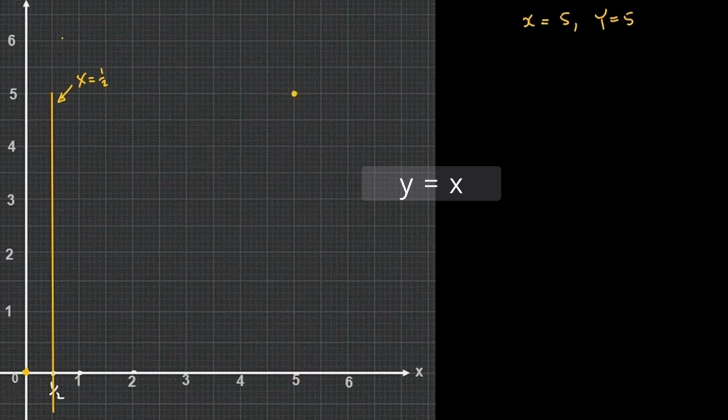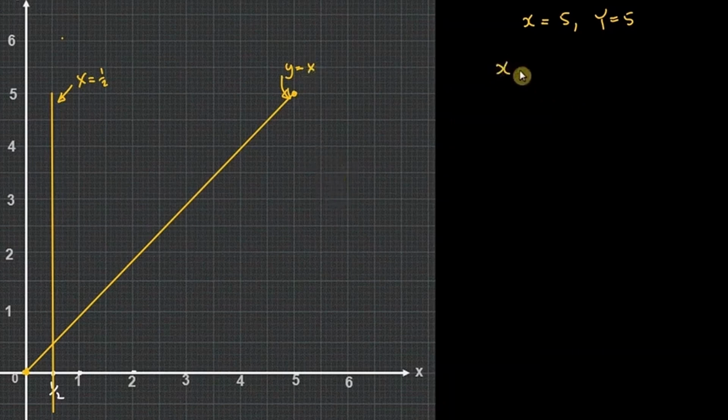We could just connect those 2 points, and that's a very simple way of drawing this line. Identify 2 points at a reasonable distance apart and just connect those 2 points. So let's just go ahead and do that. So this represents our line, y is equal to x,